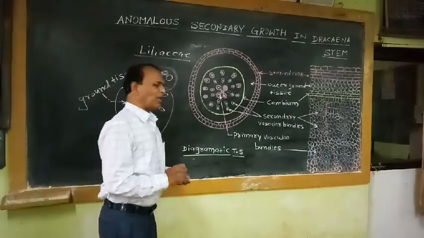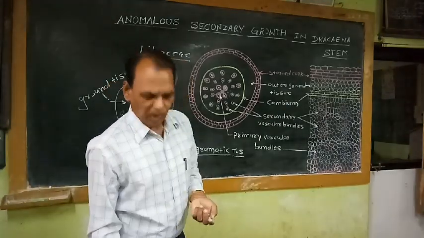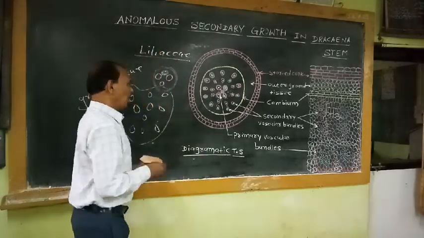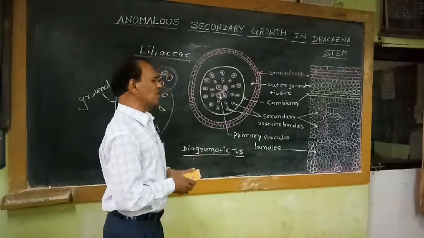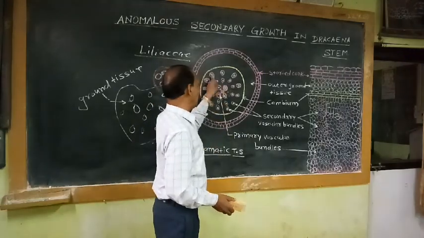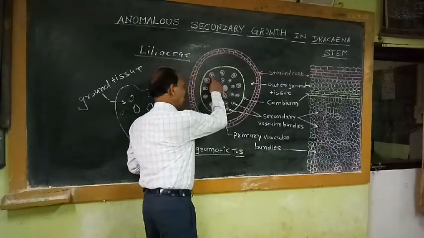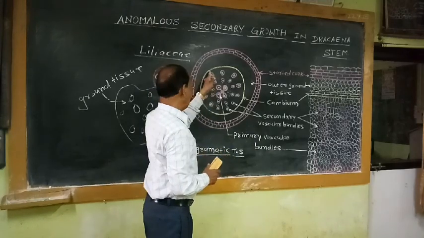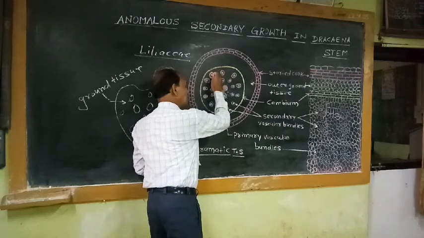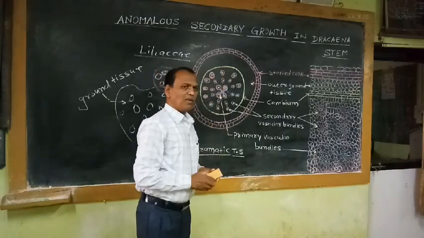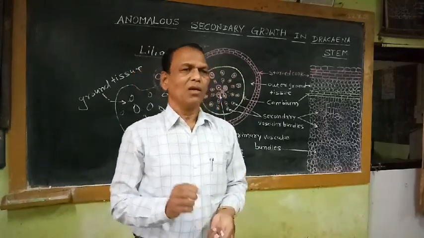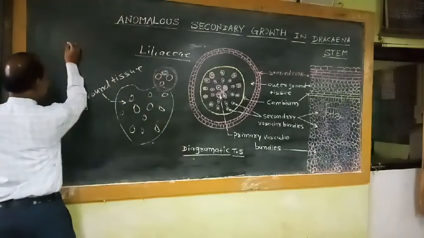So these vascular bundles are closed. That means they are concentric and closed type. What is the meaning of concentric? Concentric means one of the conducting tissues is lying at the center, which is surrounded by another conducting tissue. For example, here this green dot indicates the phloem tissue, and this red band surrounding this green dot indicates the xylem tissue. That means phloem lies at the center, surrounded by xylem. So this arrangement of conducting tissue in a vascular bundle is commonly studied under the heading of concentric vascular bundle.